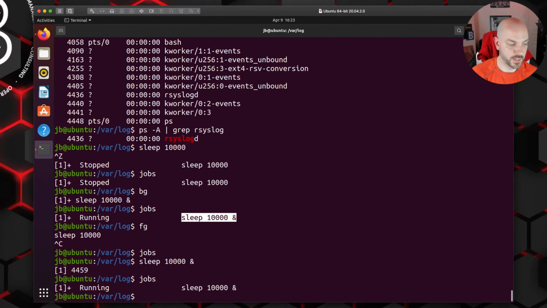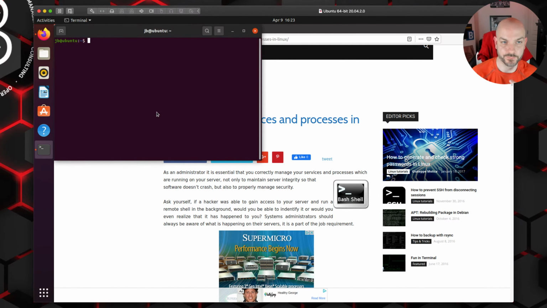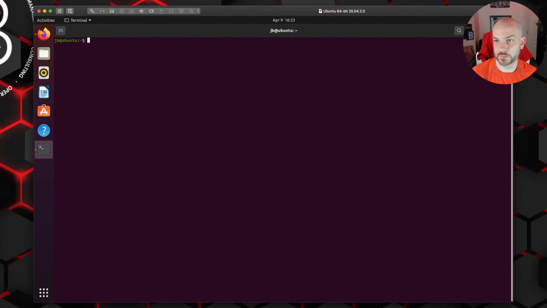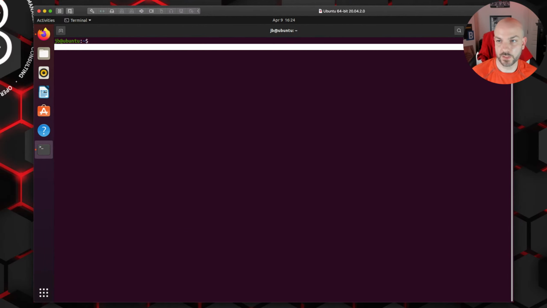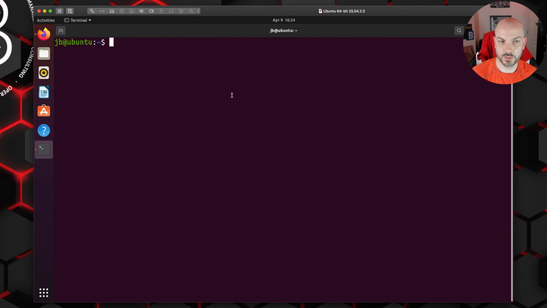But let's say I go ahead and exit my terminal, and I bring my terminal back up, and let me make this big enough again for you. Okay, and I go jobs. It's not there, right? It didn't persist. So even though we're running it in the background, when I closed out the terminal, it killed the job. So what can we do to make it so that if we close out the terminal, it will still stay